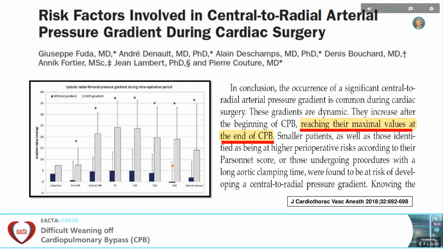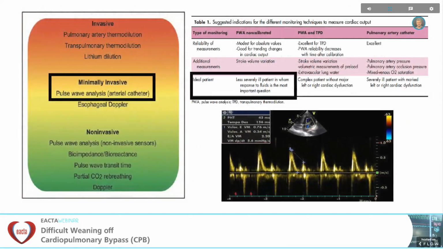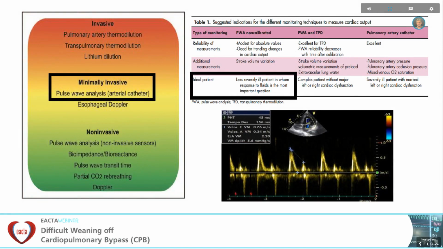It reaches its maximum values at the end of CPB, and it's subject to some wrong measurements. So it's indicated in less complex patients, but minimally invasive methods, like pulse wave analysis, are a good indication for volume replacement and analysis of the variation of the systolic volume. But we have to be careful in patients with restrictive diastolic dysfunction because they are subject to wrong